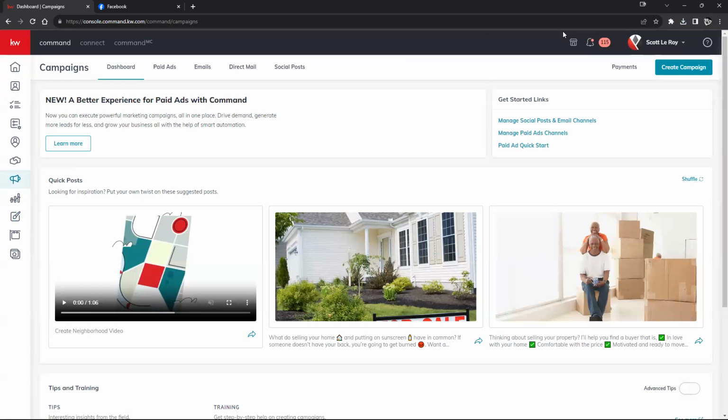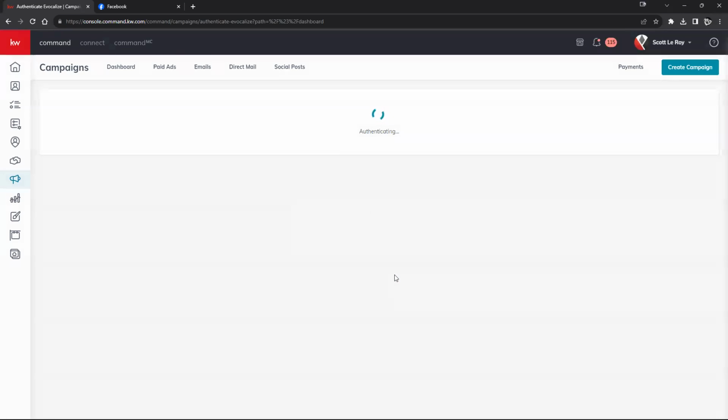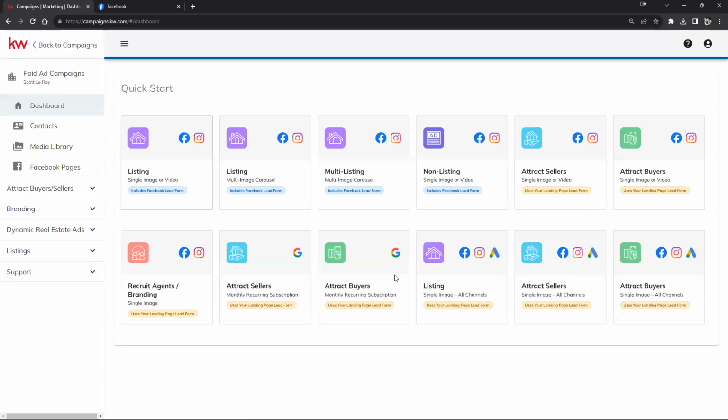And we'll go ahead and click on our create campaign here and then our paid ads. So again, remember, we have one paid ad, and now we have one scheduled post as well. So this is the paid ad portion. So we'll be able to send our for sale